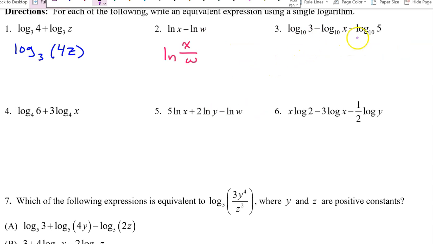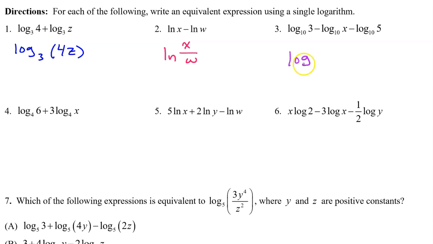Number 3, we can write these 3 terms as a single log. The presence of the minus tells me that there will be a quotient. Since we have 3 log terms, we will have 3 factors inside the quotient. The log 3 term is positive, so the 3 will end up in the numerator. The log base 10 of x term is negative, so the x will end up in the denominator. The log base 10 of 5 term is also negative, so the 5 will end up in the denominator, and